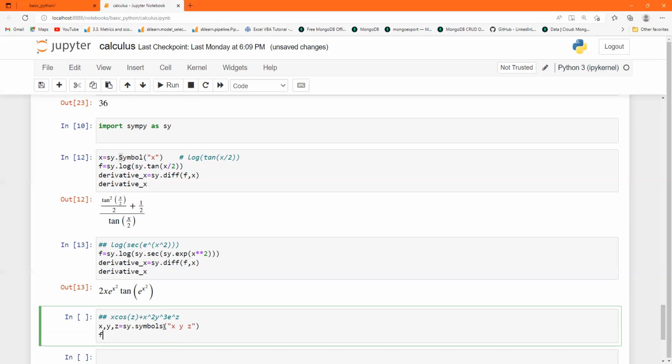Now you have to define the function f. So what is the function, guys? Firstly x, so I write x into, and then you have to write in bracket cos of z. This cos is defined in this library, so sy dot cos of z. Yes, then what is next? That is plus, so give the plus sign here, and then x square. Again write this in another bracket, so x double star 2. So this is my function x square